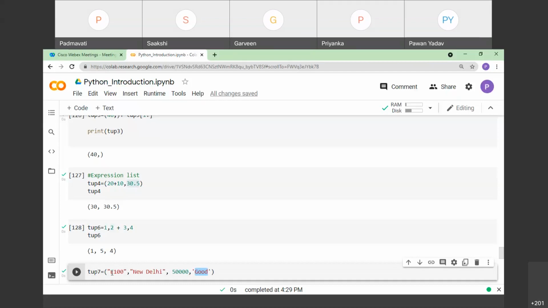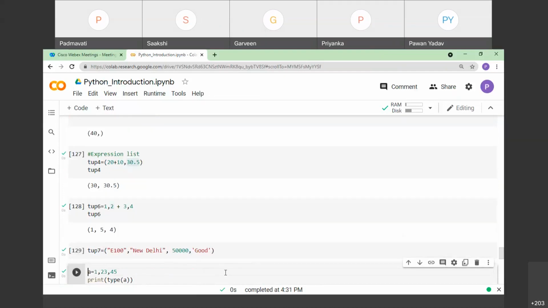Based on those metrics, someone has evaluated the performance of an employee. So is it good, bad, and so on? Okay, very good, extremely good. So this particular employee has a good performance, right? Again, it is in the form of string. Like this, I can create heterogeneous elements, which may have string values, int values, and so on. Fine. So tup7 gets created like this.